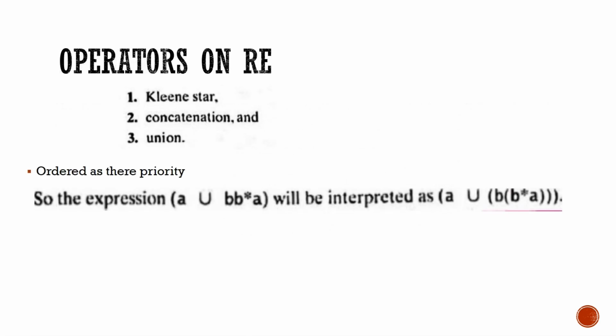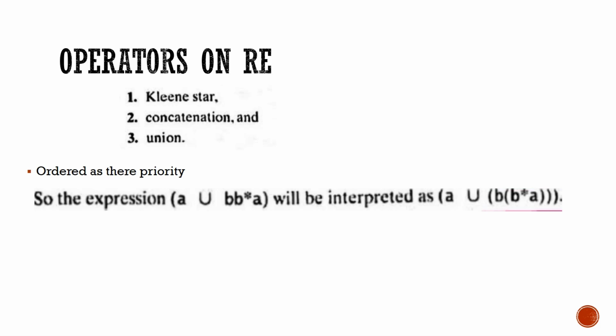Right? The operations on the regular expressions. There are 3 primary operations which are performed here. The first one is the Kleene star, which stands for 0 or more occurrences, for which the symbol we use is a star. Concatenation is for joining end to end. Union stands for either any one among them. Fine. The highest priority is the Kleene star. The next level of priority is concatenation. Then the next level of priority is union.